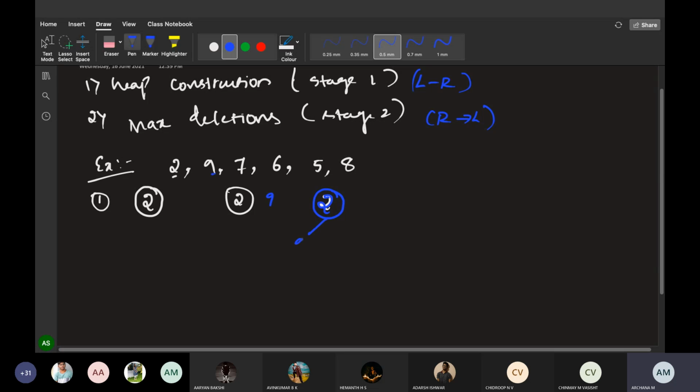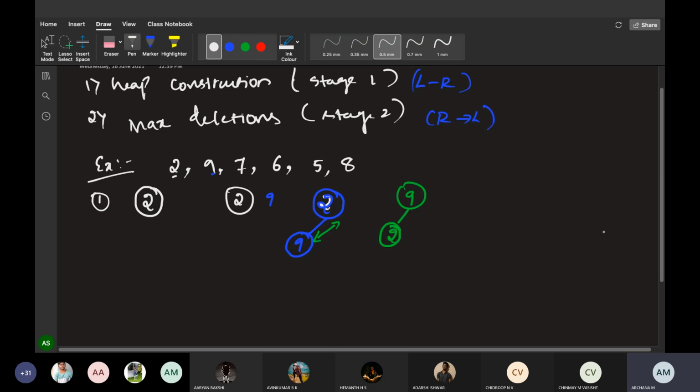Take this element and add it to the left of the tree. Now after adding, what do we have to do? Tell me, I want answers from you people. Swap, ma'am. Yes, because you have to check the parental dominance. That is very important. Now the parent is smaller than the child, so we have to swap, bringing the parent up and the child down. This is the second step.